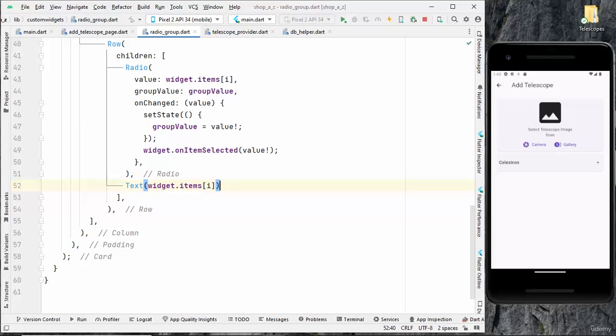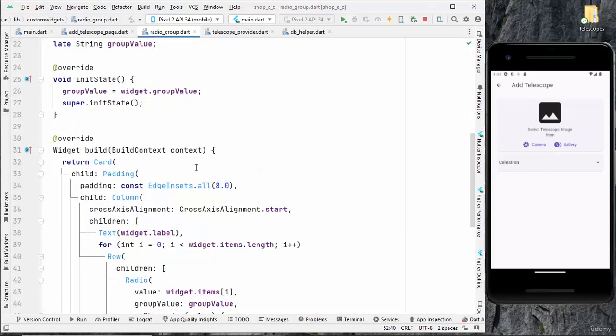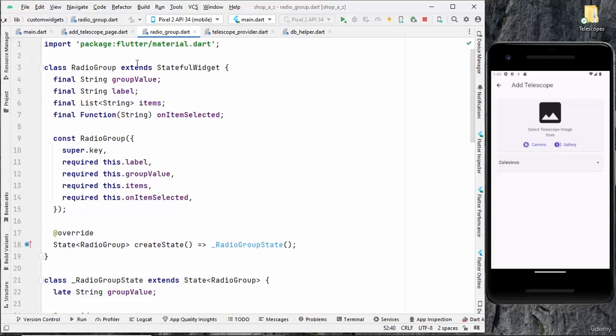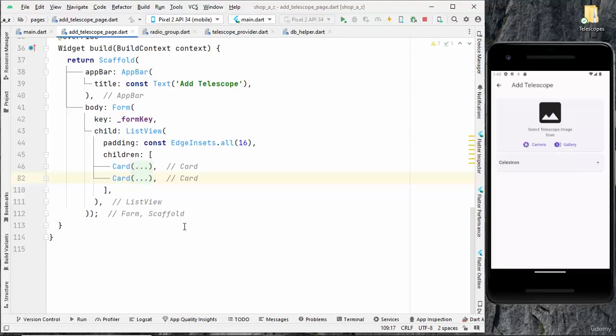Okay, I think we're done with our radio group, and now we will use this radio group widget for each of the selections. That means we have to select the telescope type, the mount type, and the focus type. So let's go to the add telescope page, and after that card widget, that means this portion, let me add our new widget, radio group,